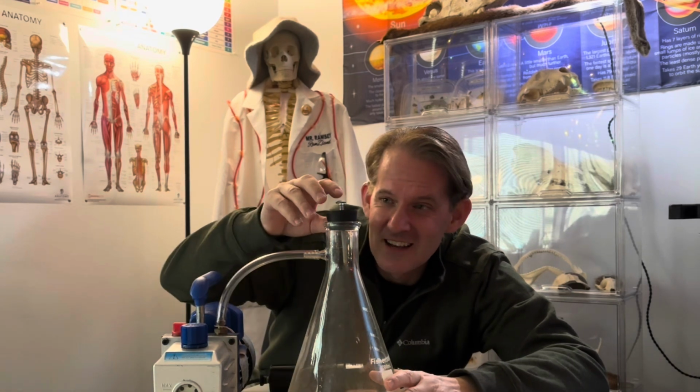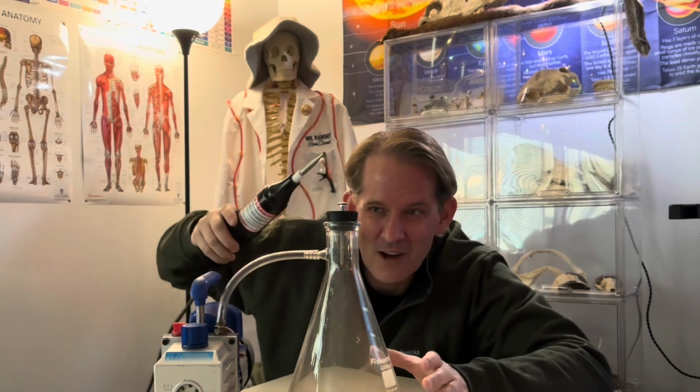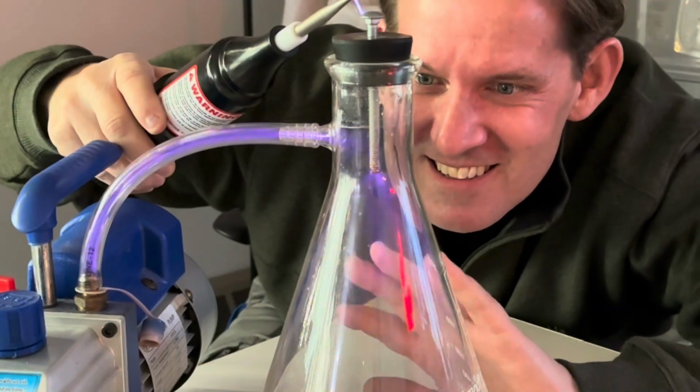Now, if you want to, you can step this up by using a 2,000 milliliter Erlenmeyer flask, a larger bolt through the stopper, and an industrial vacuum pump. Now, when I turn this on, if I take the Oudin coil and I get it close to the top,